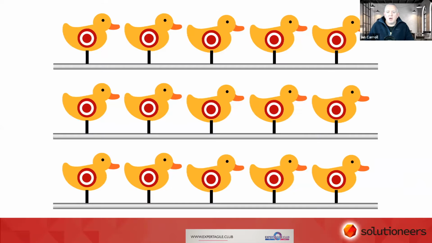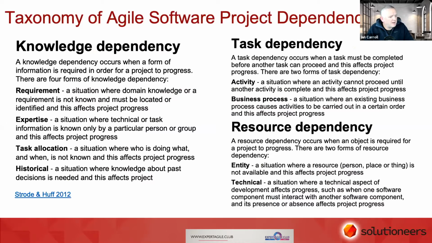Okay, so the next concept we need to talk about is what do we mean by a dependency? I regularly get invited to dependency management meetings, and the first thing I ask is, what are we talking about? Dependencies? Are we talking about people dependencies, those key workers? We use the word resource here on this slide. It's a bit of a swear word, isn't it, to refer to people in certain agile circles. Is it task dependencies? Is it just knowledge dependencies? Key people that you're dependent on.